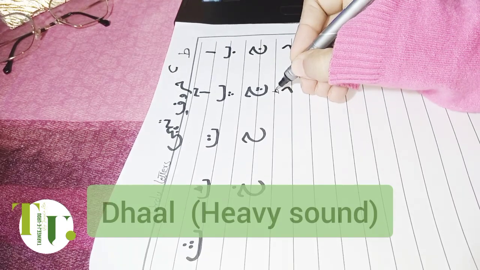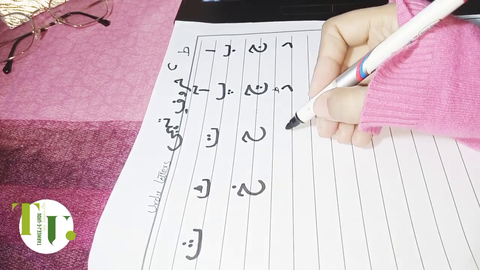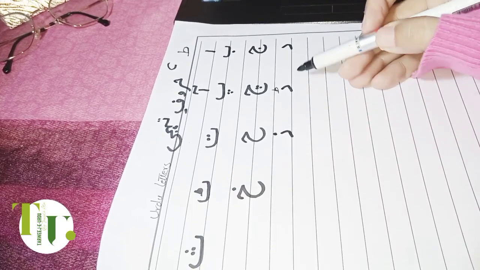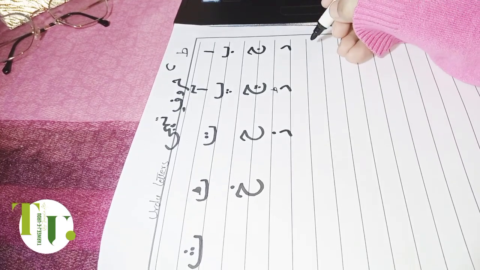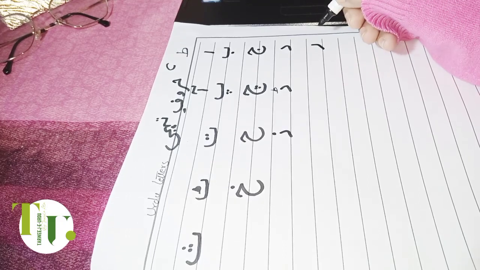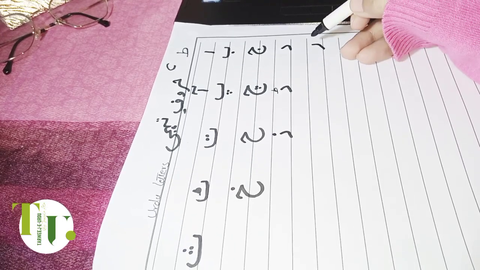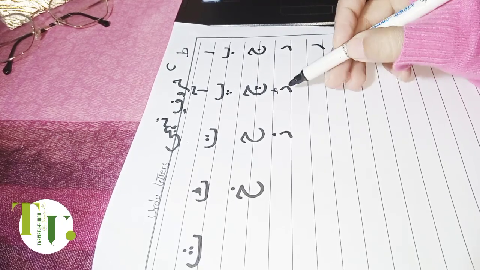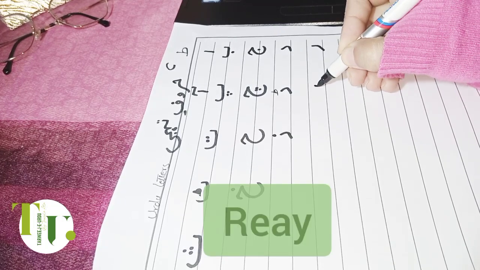These dal and zal are just 3 letters in this family. Now we have next Ray. Ray is just a slanting line, and have you noticed that Ray has to cross the line? Dal and zal are just on the line, touching the line, but Ray,